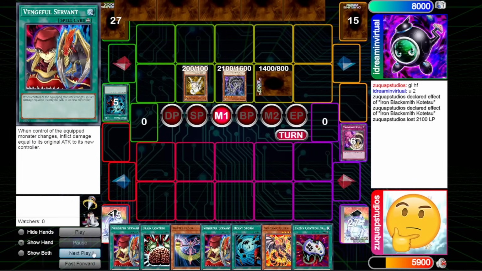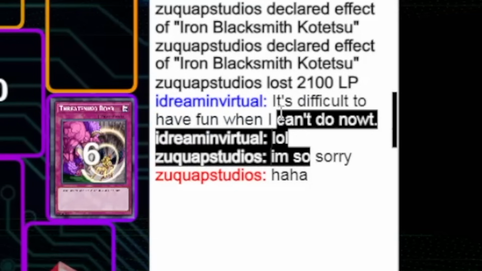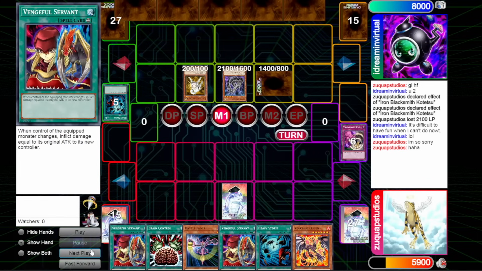And then we draw an enemy controller. We are going to set the enemy controller and pass. And as this is happening, my opponent is starting to get a little frustrated. And I don't blame him. We're stalling. We're trying to do burn stuff. He's trying to play chaos, flip some right goes, and we're trying to do Vengeful Servant